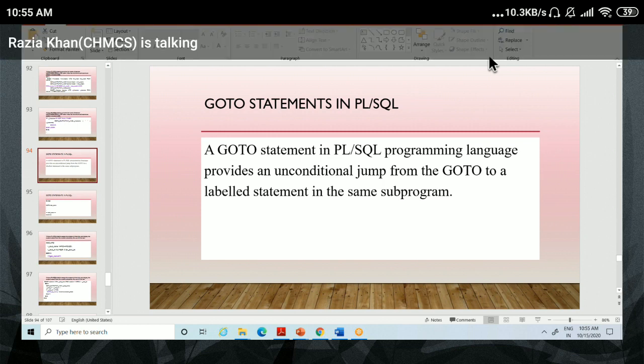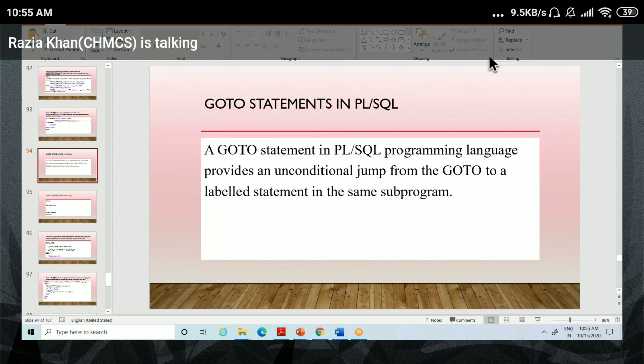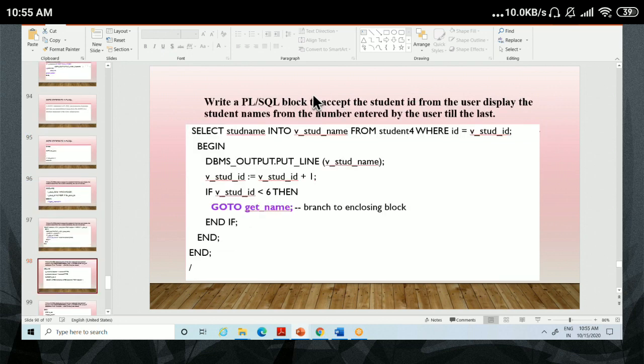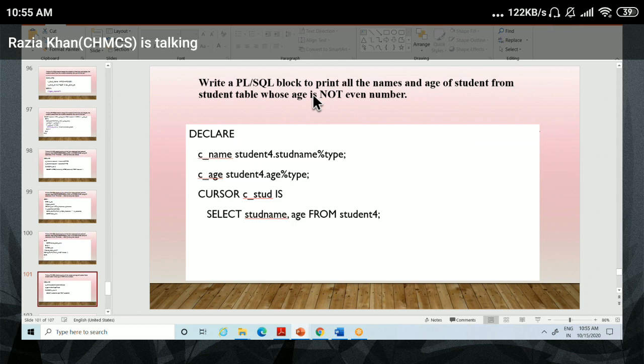Because this is your last topic in your unit 2, or entire one practical is depending on this go-to statement. So anyone have doubt? Yes, students, tell me.